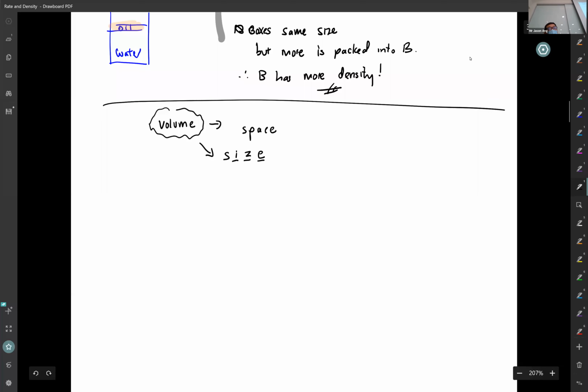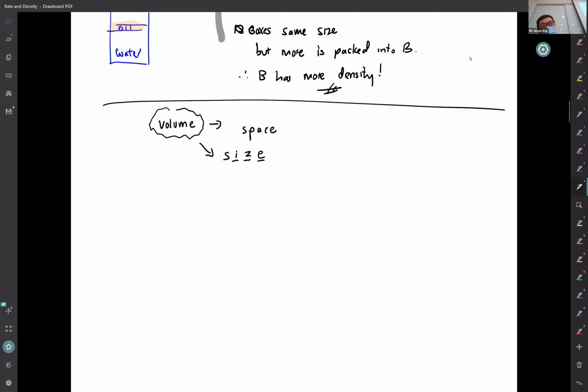When we want to say that a person is very big in size, how can you say it nicely? You can say, oh, your volume is huge. And people won't understand what you're saying. Actually, you're saying his big size. So volume really is size. It is the space. Understand? This is a very important idea.